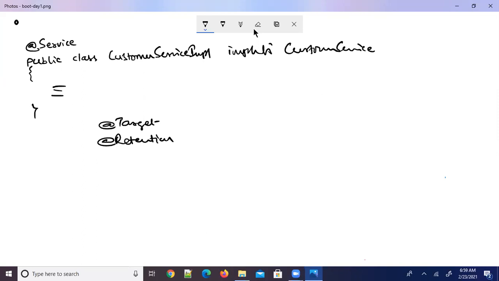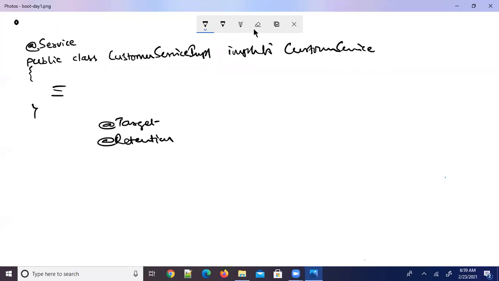The retention annotation is used to specify at which point of time the annotation can be discarded from the application. Some annotations are useful till the code is compiled.